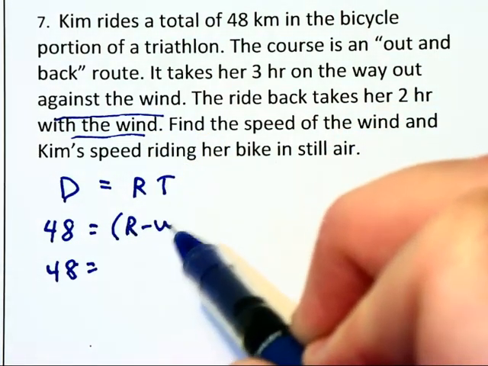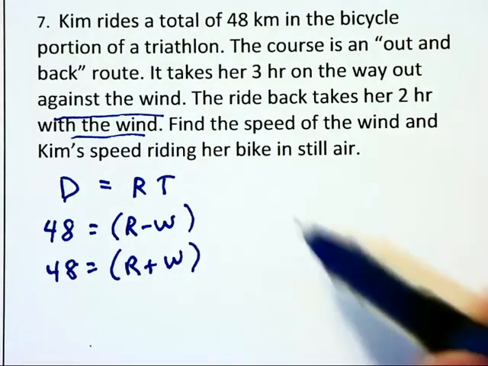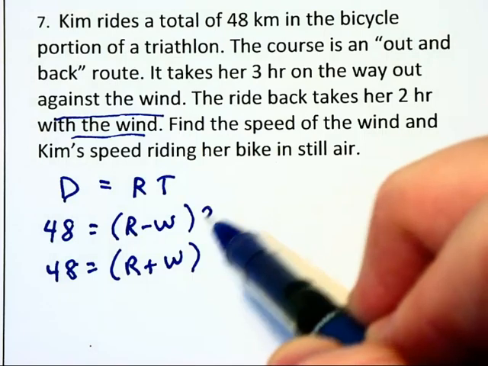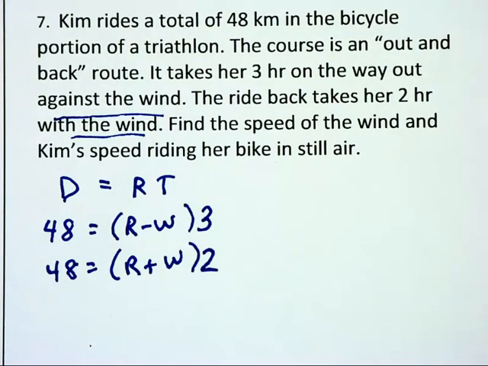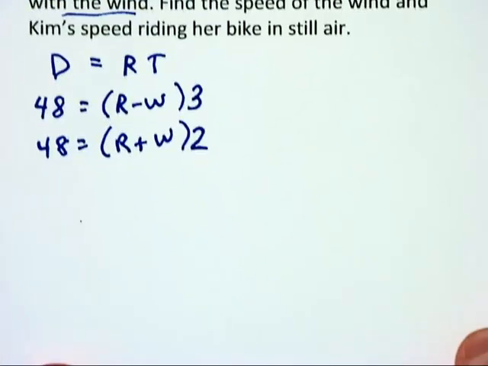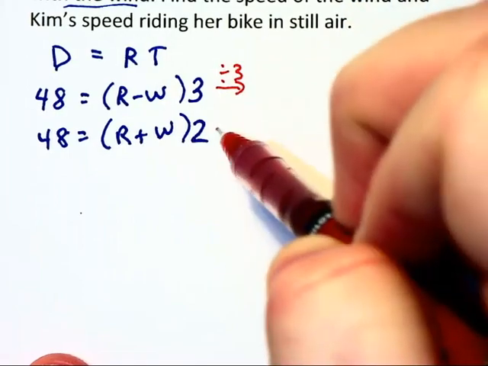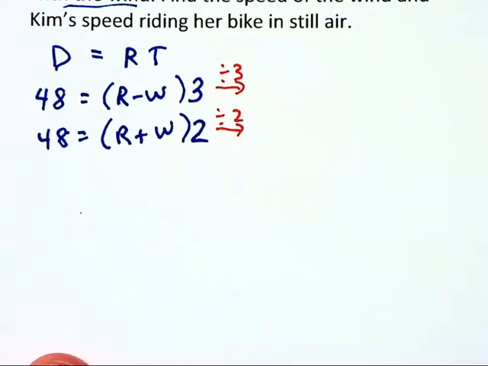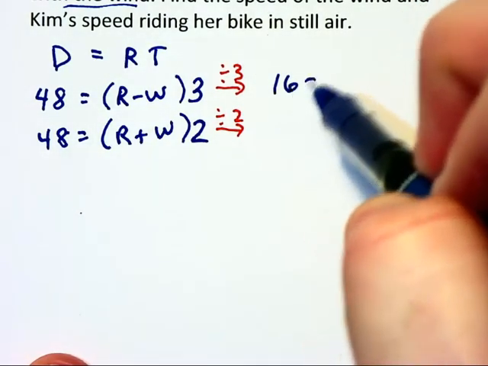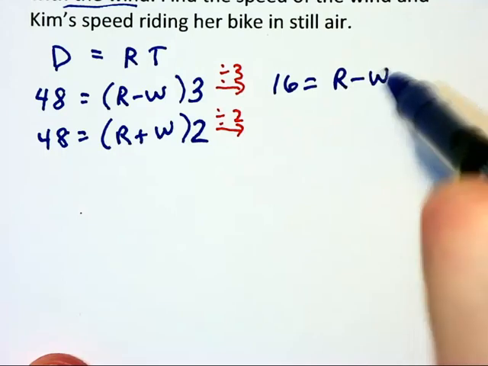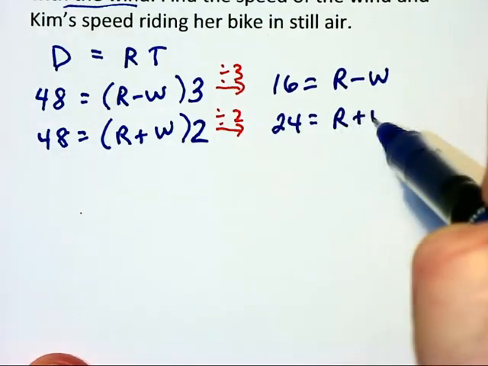So here's r minus w for that equation, r plus w for the other one. It takes 3 hours to go against the wind and 2 hours to go with the wind. So there are those two values, and we have our system. Let's now divide the first equation through by 3 and the second equation through by 2. This will give us 16 is equal to r minus w, and 24 is equal to r plus w, which